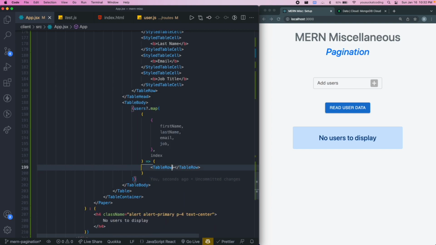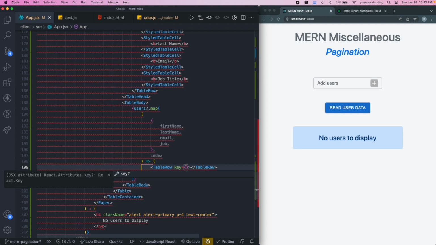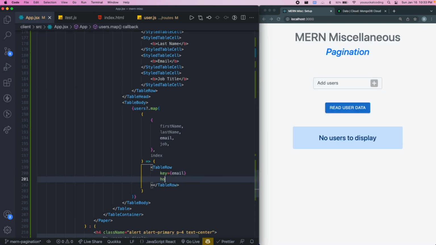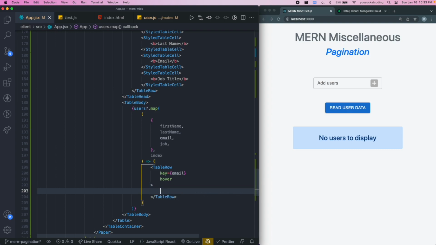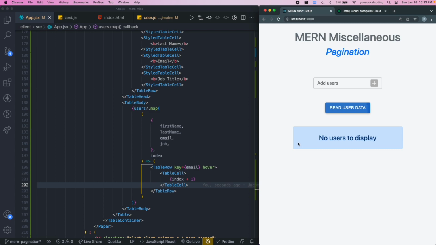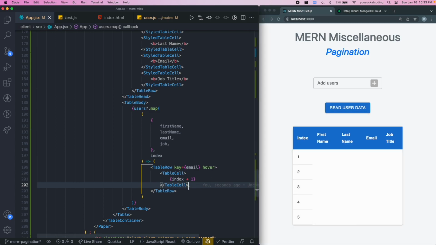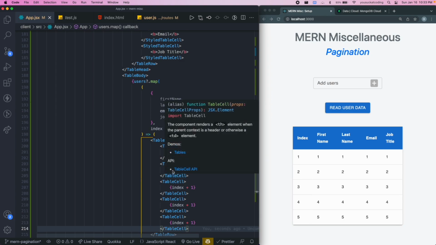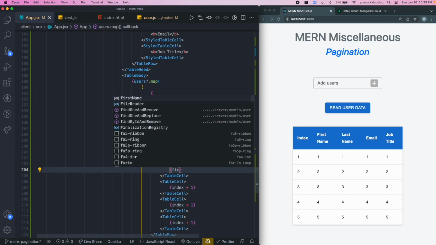So a table row, we'll add a key, and the key should be unique, so that should be an email. I guess that's fine. I'm going to add a hover prop just for some styling so it looks nice and clean. And let's go ahead and start adding table cells. So every row is going to have all of these cells. The first one, let's do an index + 1. Perfect. So we have 1 to 5, and I'm going to copy and paste this 4 more times,